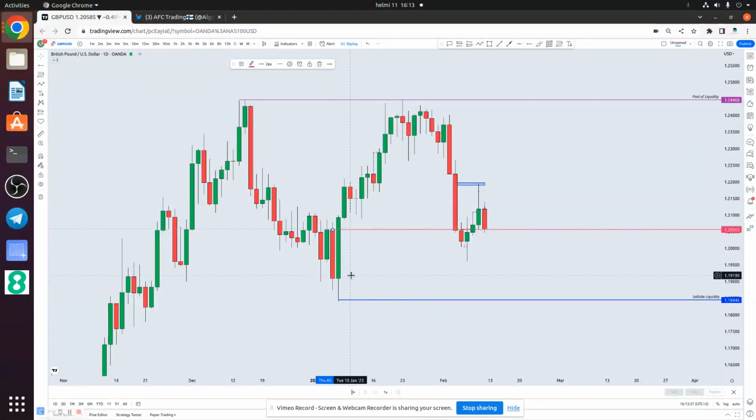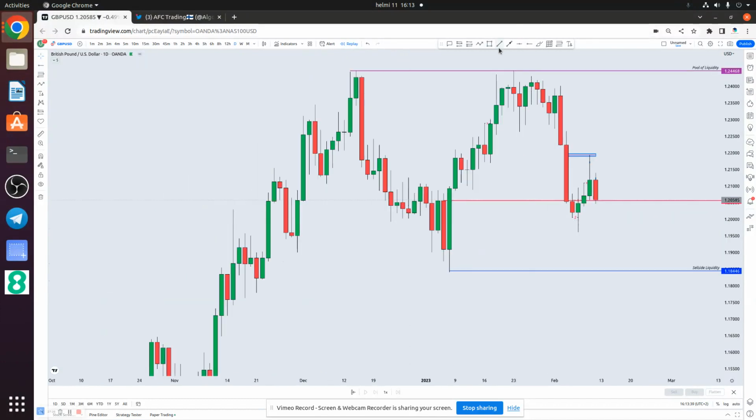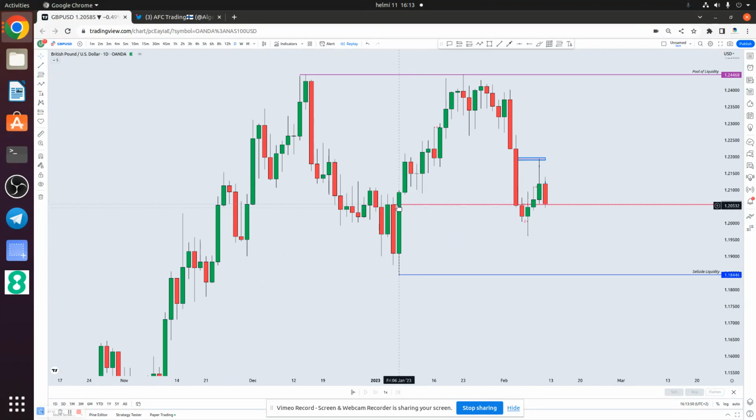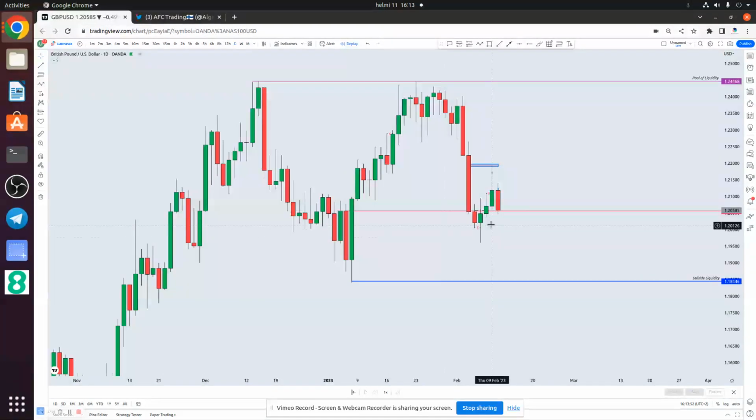This order block, why? Because we had price taking liquidity from here, taking liquidity, and then break structure, and after that formation, price never came back into this order block. So now price has touched the order block and rejected,